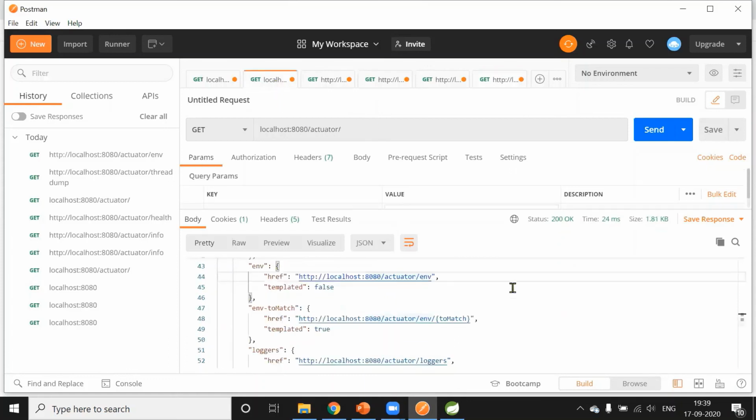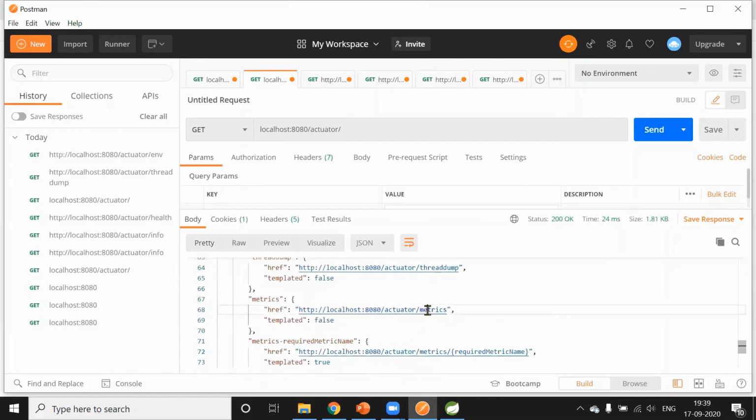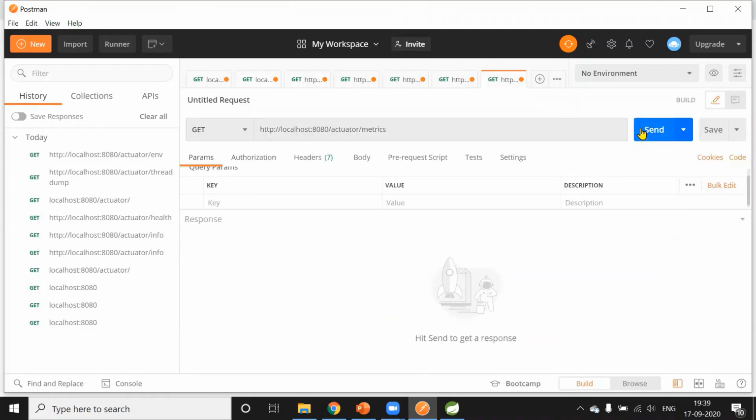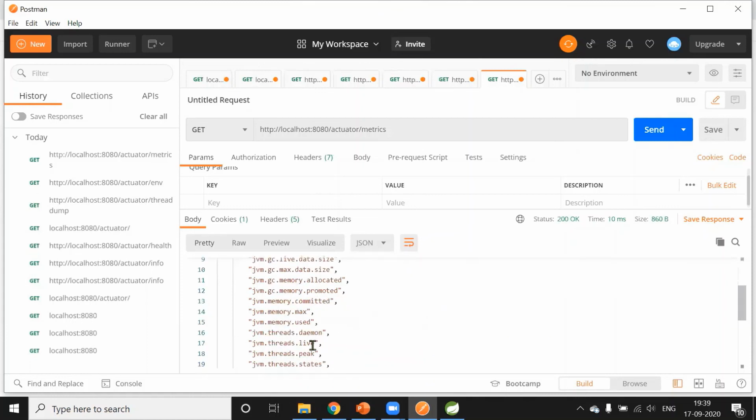Similarly, if I say metrics, there is an option here, metrics. When I click it and say send, it shows all the available metrics. Here we can see jvm.memory.used, jvm.memory.max. If I want to see jvm.memory.used, let me take this particular metric and give it as an endpoint after /metrics, and say send.